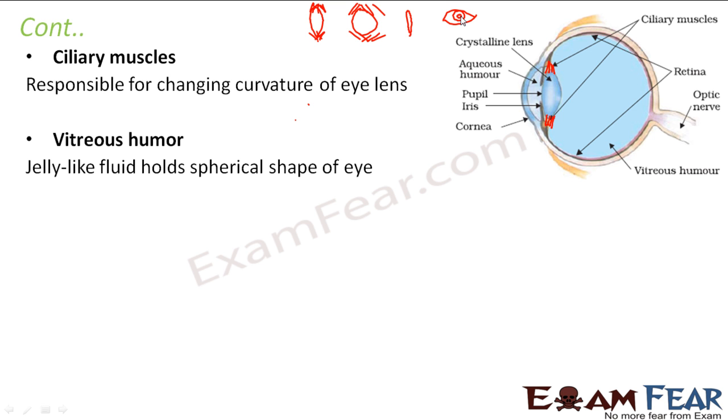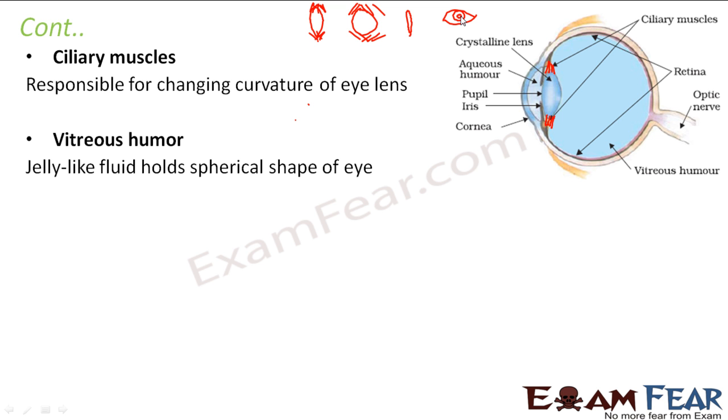So this small portion at the middle, that is the pupil. Outside the pupil, the region which you see, that is the iris. And the white portion which you see, which contains some fluid-like structure, that is the aqueous humor. Even behind that, you have something called the eye lens, which we do not see from the front view.